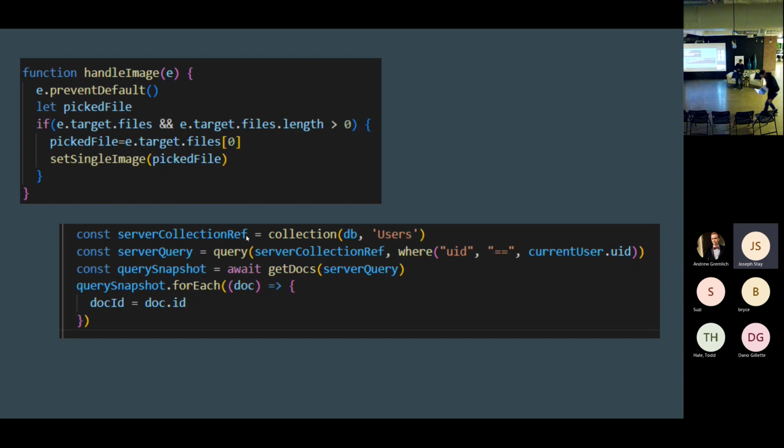You first have to get the collection reference, then the server query, and we have to query the collection reference where the UID is the same as the current user's user ID. Then we have to take a query snapshot to get the document of that server query that we just made. And then within that query snapshot, we need to get the document ID.